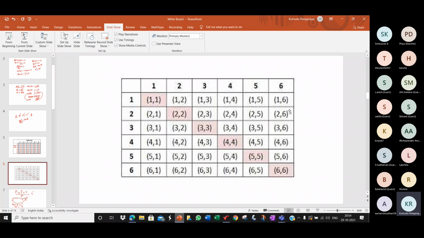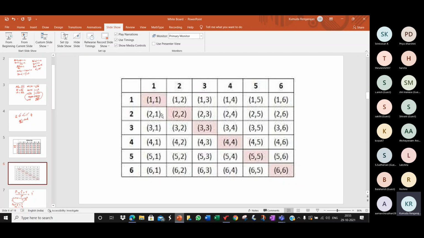When 2 fair dice are rolled, we in all get 36 outcomes. We have 6 outcomes along the diagonal. 36 minus 6 is 30. 30 divided by 2 is 15. So you'll have 15 outcomes below the diagonal and 15 outcomes above the diagonal. See here: 1, 2, 3, 4, 5, 6, 7, 8, 9, 10, 11, 12, 13, 14, 15. And 15 above the diagonal.